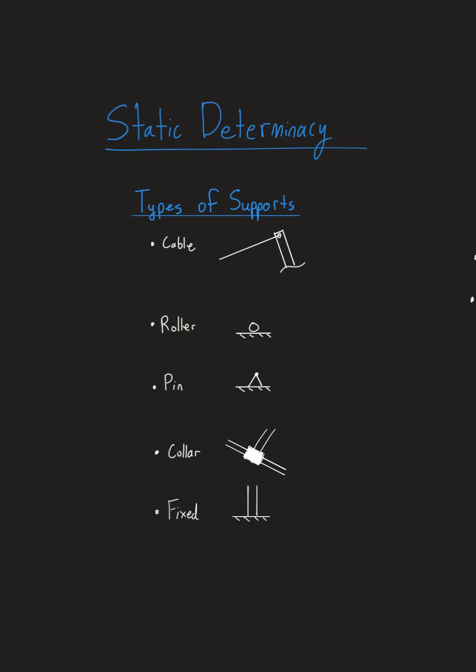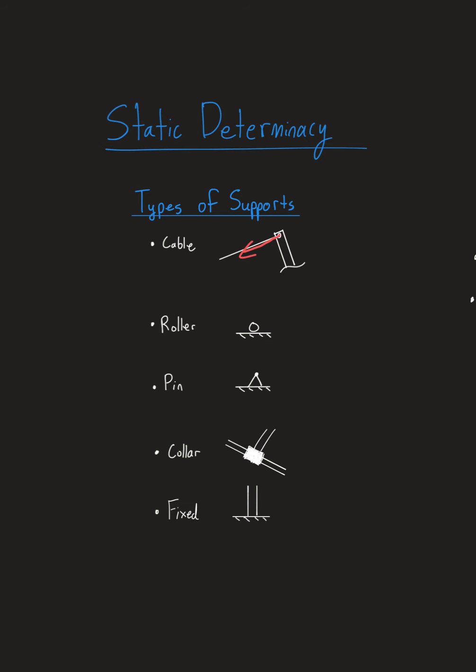In this video, we're going to look at static determinacy of structures. So let's start with a brief review from statics, looking at different support types. This first one here is a cable, and remember we can treat this like a rope. So force is only transmitted axially for cables. You can't push on a rope, you can only pull on it. So if we're going to draw the reaction on this member, it's just going to be along the length of